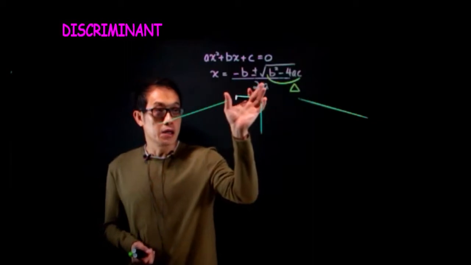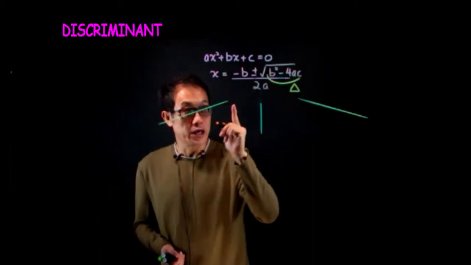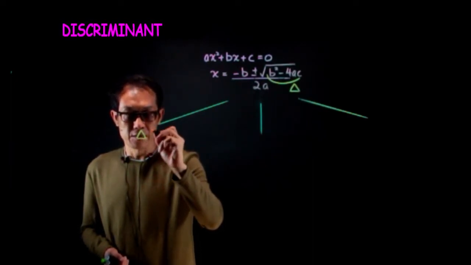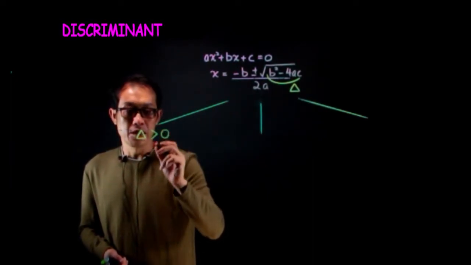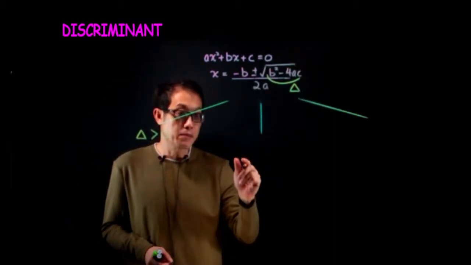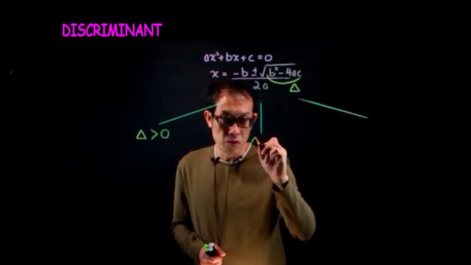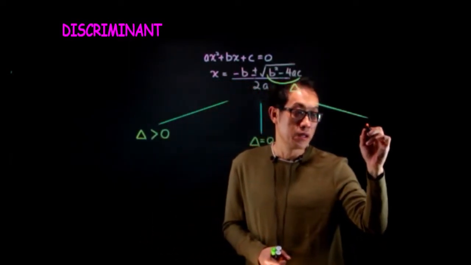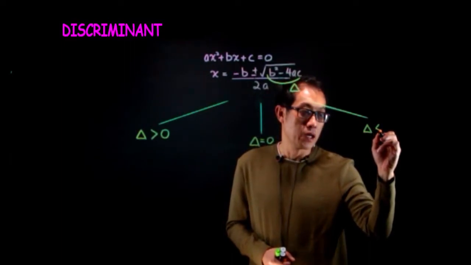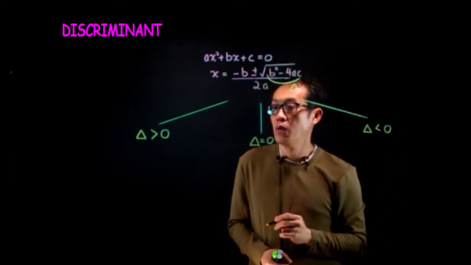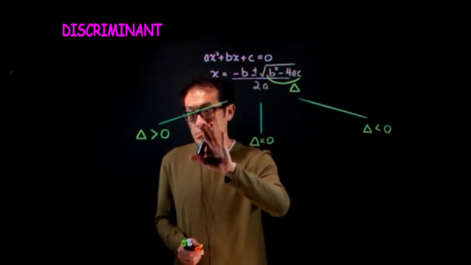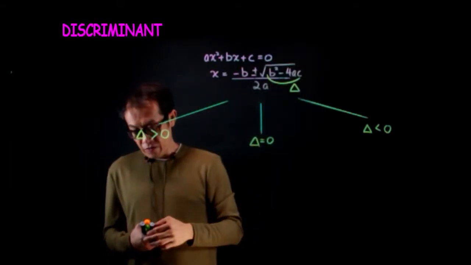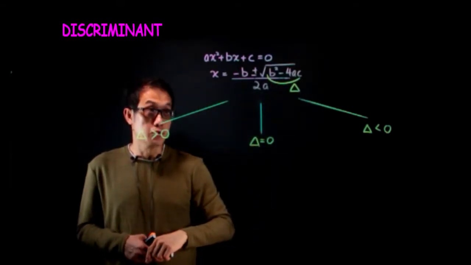Now, if b squared minus 4ac, so I put a triangle sign, can be greater than 0, it can be equal to 0, and it also can be smaller than 0. Now let's look at this case first. If b squared minus 4ac is greater than 0,